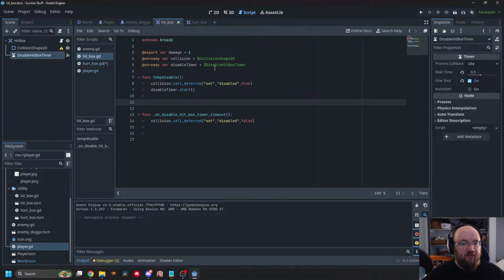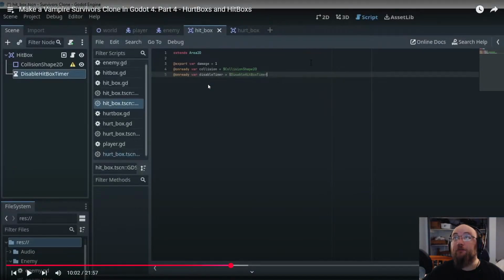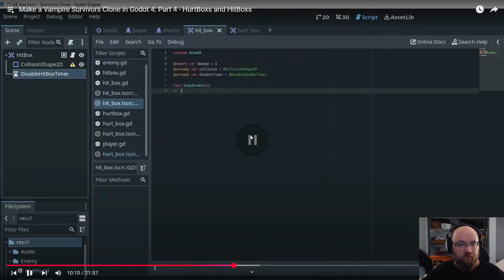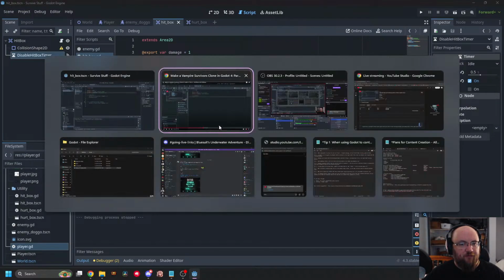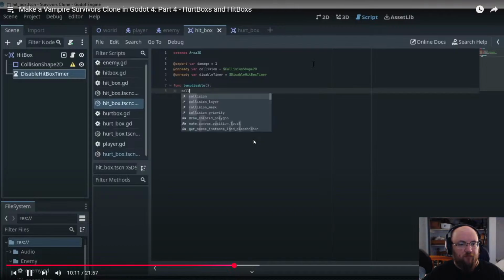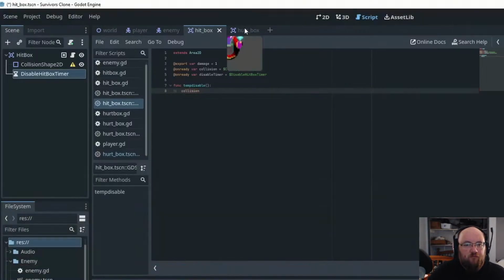Oh, which one? So that's in the hitbox. Disable hitbox timer, collision shape 2D, onReady variables. Timer, and then we're just going to do a function temp disable. Function temp disable. And it's exactly this. Well, it's very similar to how the hurtbox does it, which is just call